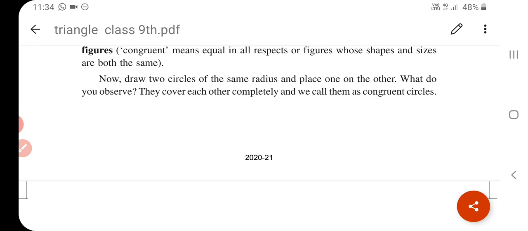Okay, understand? And in the case of circles, if the radii are the same, then we can say that the two figures are congruent to each other. Okay, understand? Now